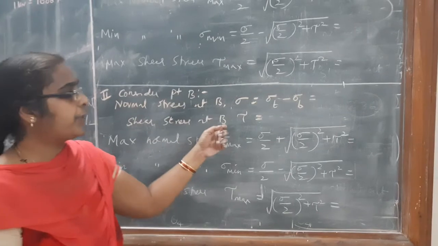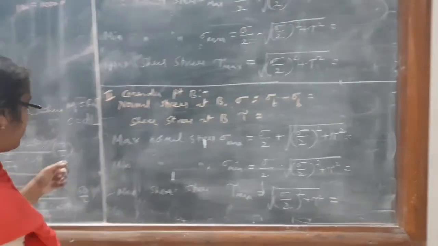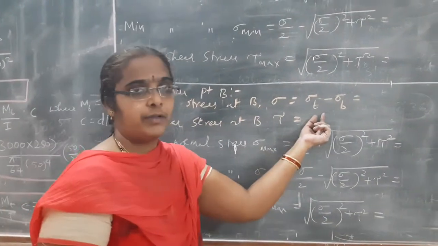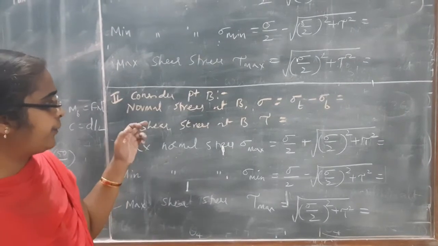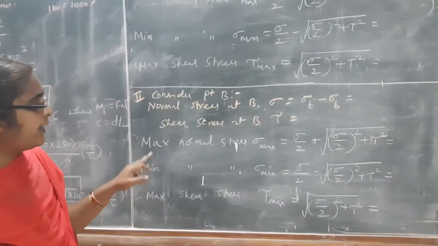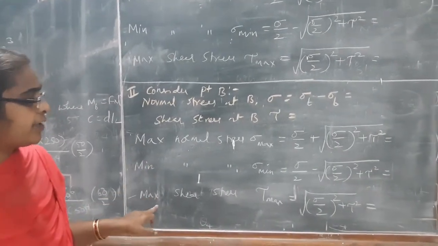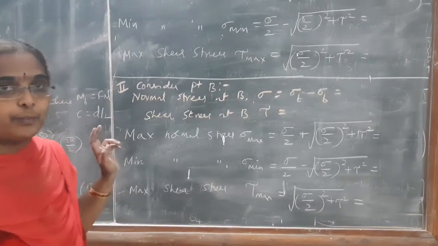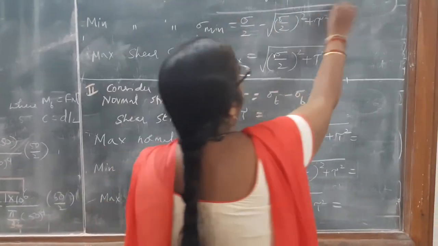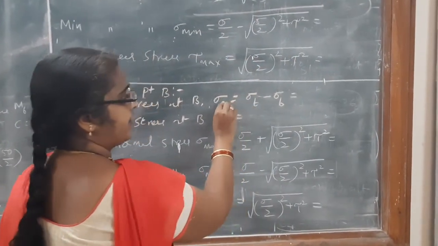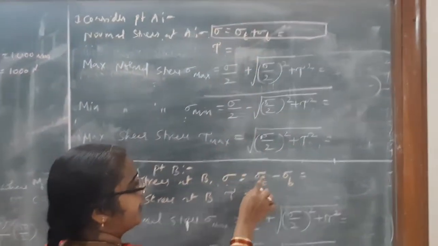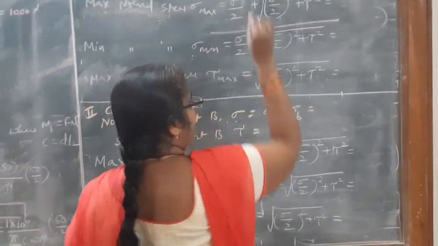Now what is the shear stress at B? It is the same tau value that we got earlier; we can substitute it here. So now we know the values of sigma and tau at point B. Now we need to find the maximum and minimum normal stress and the maximum shear stress at point B. The maximum normal stress can be found using the same formula; only the value of sigma changes. Here it is added and there it is subtracted, because one is tension and the other is compression.